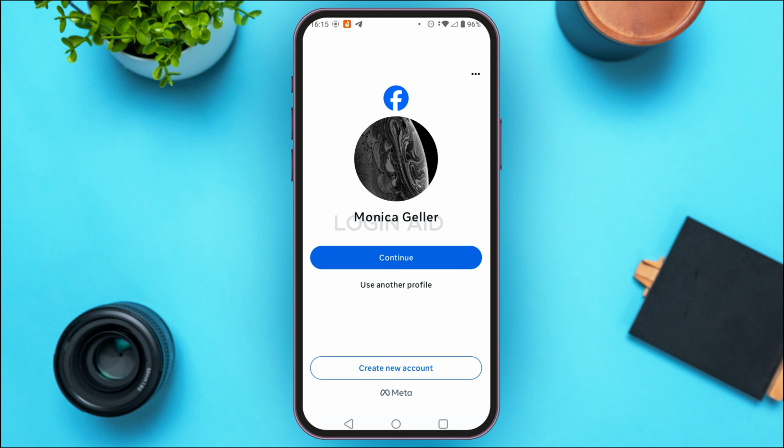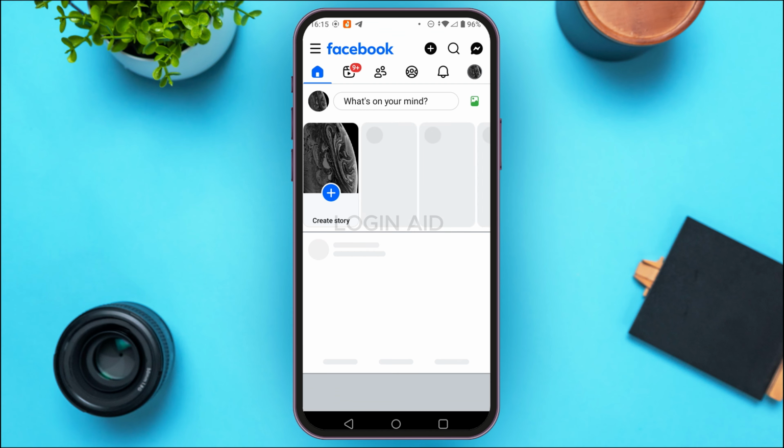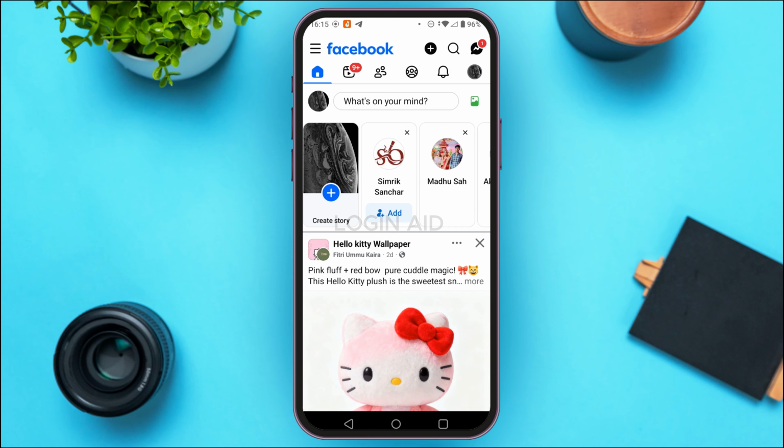Now next time whenever you want to log into your account, simply choose your account and tap on the continue option. Now after you do that, you can see over here you'll be automatically logged in. So that is how you log into your Facebook account